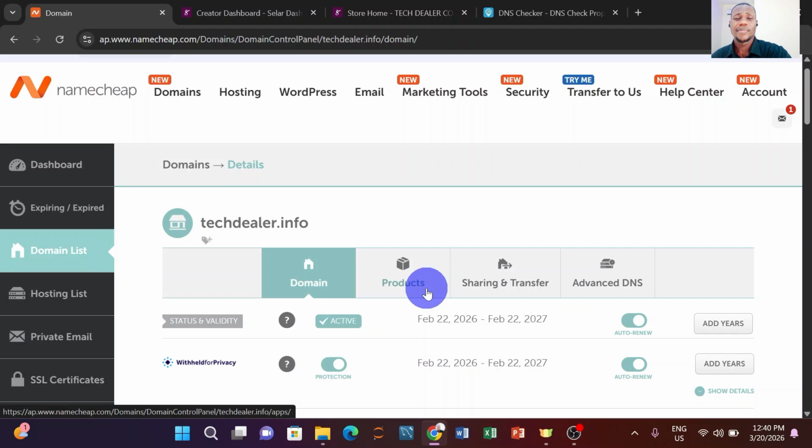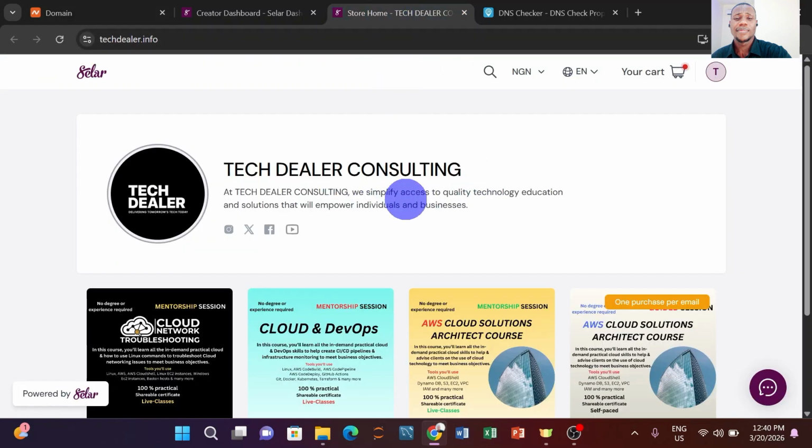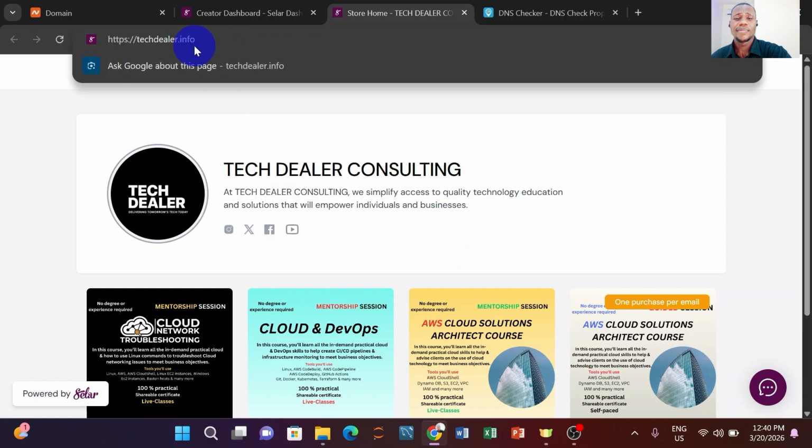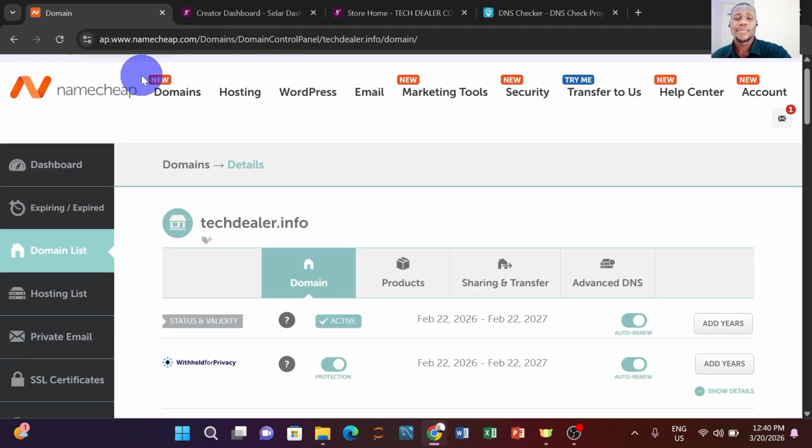Now, today we're going to be looking at how we can actually map our domain name to a DNS server. The DNS server we're going to use for this lesson is that of Selar. If you come to my Selar page here, you can see this is my Selar page, and if you come to the URL here, you can see this is the URL that I actually registered. The URL I'm talking about is the domain name I registered in this platform called